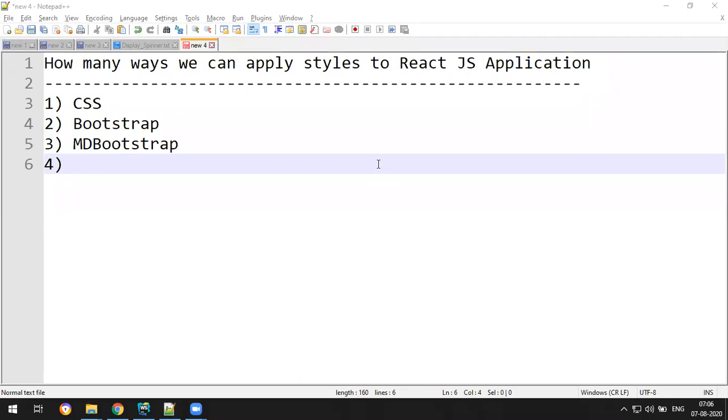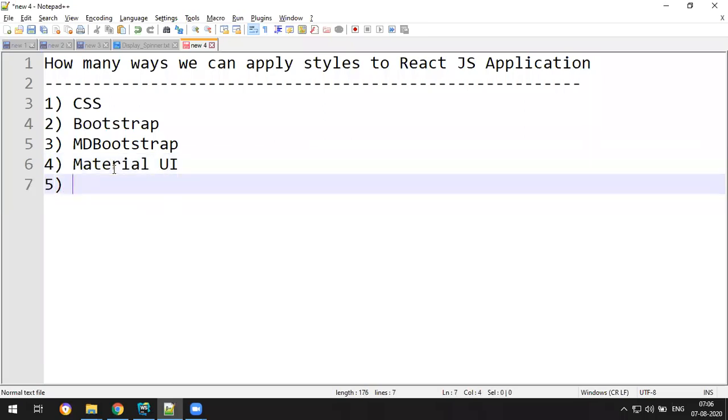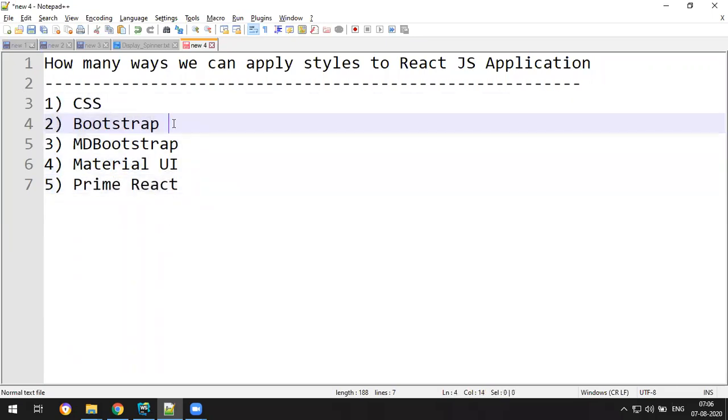Material UI as a front-end library, or else you can use Prime React, which is coming from the PrimeFaces library. So you have multiple choices. For Bootstrap, there is one other library specifically designed for it, that is React Bootstrap.